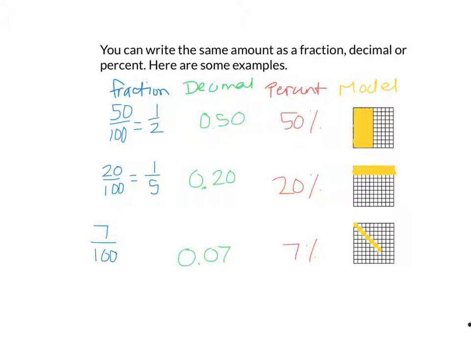And then this last one here, I kind of got creative with my coloring. 1, 2, 3, 4, 5, 6, 7 boxes would be 7 hundredths, or 0.07 as a decimal, or finally it'd be 7%. So there's those 3 different ways to write them, and if we know how to do one, we can solve for the other 2. Or if we have a fraction, we can solve for a decimal and percent. So we can go back and forth between and find all 3, and that's what we're going to do over